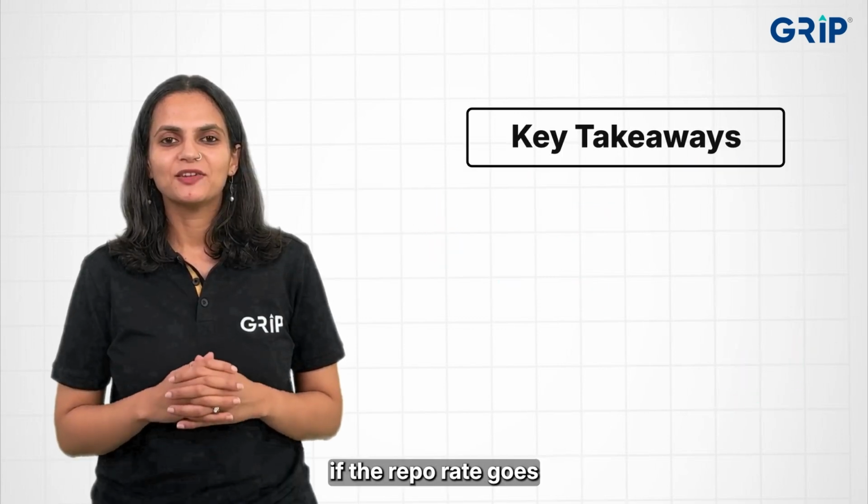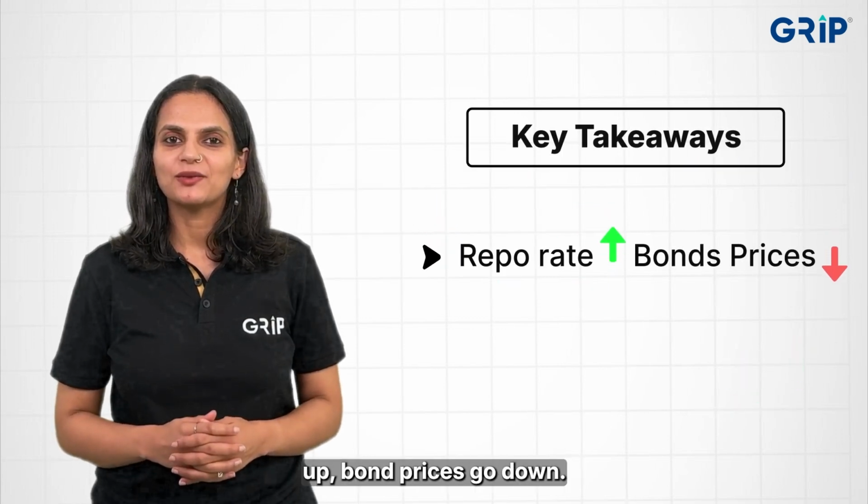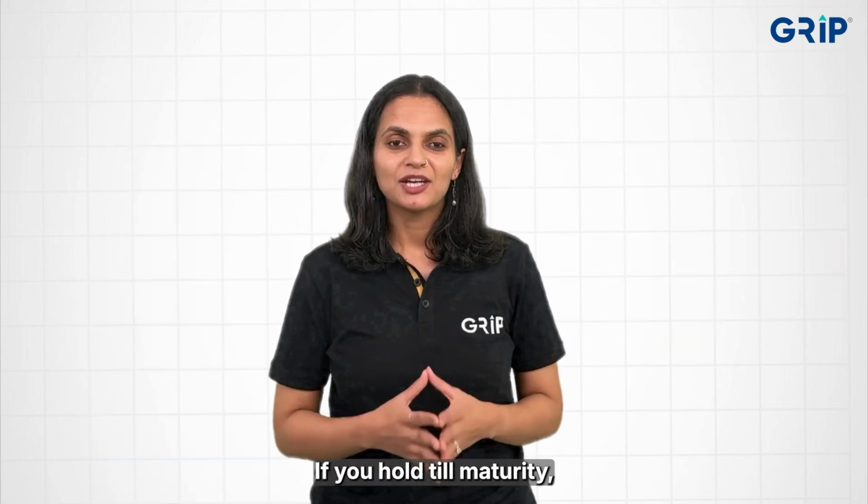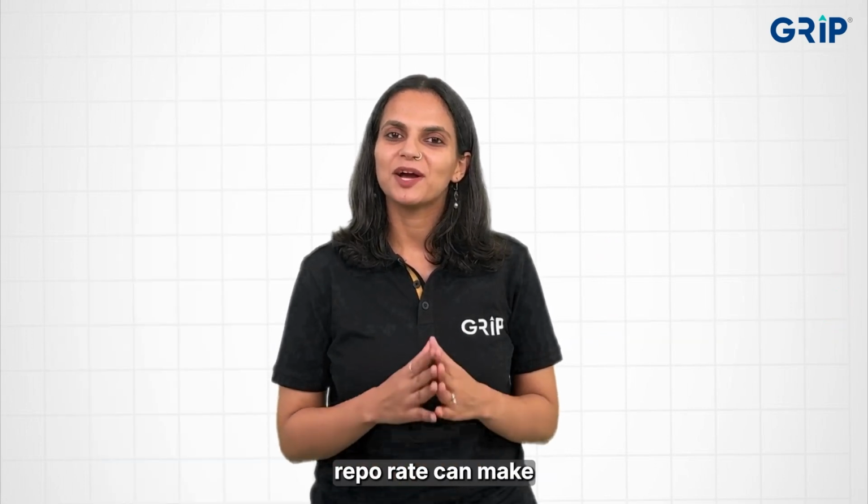So remember, if the repo rate goes up, bond prices go down, and if the repo rate goes down, bond prices go up. If you hold till maturity, no worries, but if you trade bonds, repo rate can make or